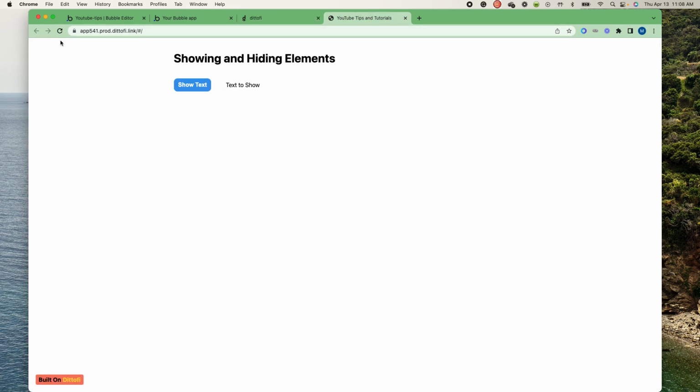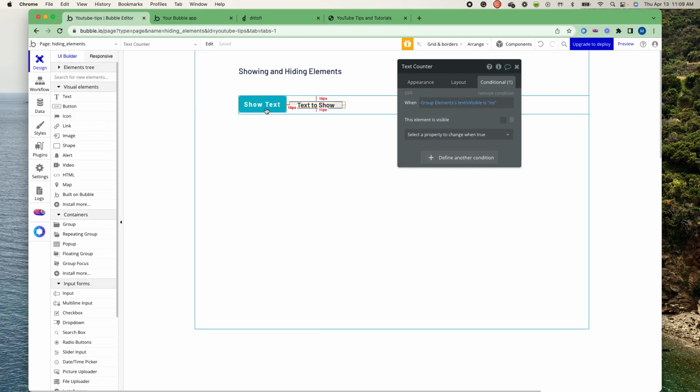All right, I'm going to go over here and reload. And you can see the text is hidden. Okay, perfect. So we're in the same state on both. So now what I want to do for